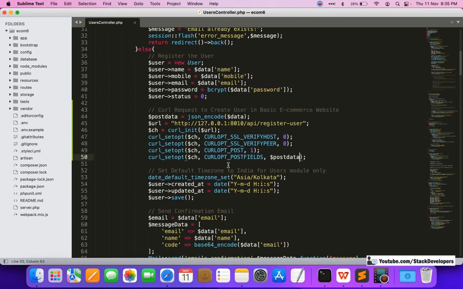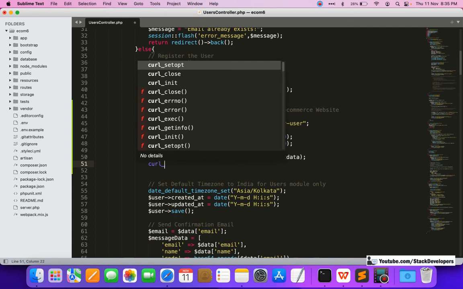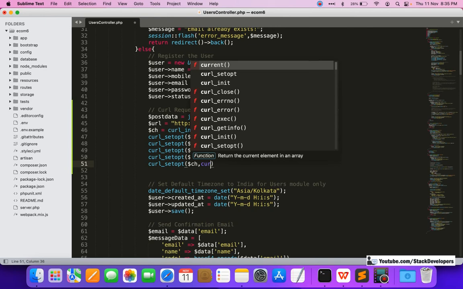So after this one, I will write curl_setopt $ch. The next one is return transfer, which must be 1.